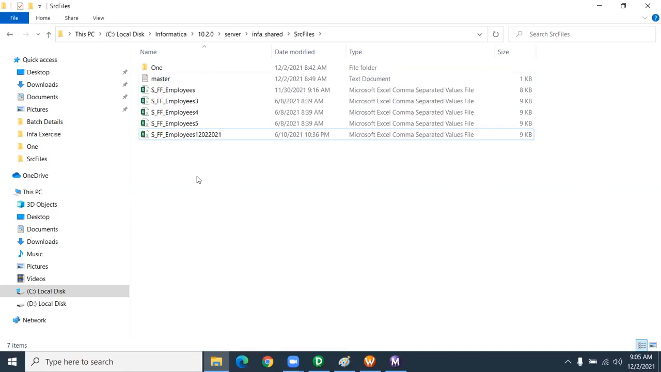The concept is the same, but the scenario will be different. It's based on your customer and your source team. They might be sending the same file with a different name, right? Or what we will do,